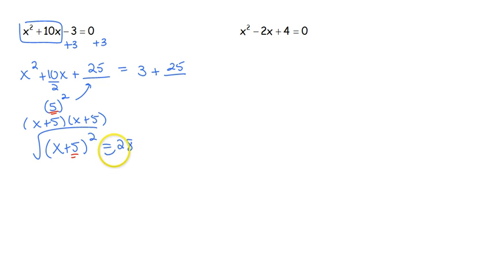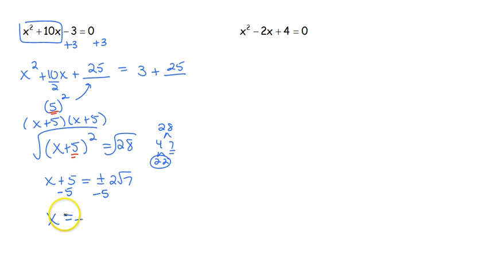Alright, so let's solve for x. We square root each side. Break down 28, 4 and 7, 2 and 2. So we've got x plus 5 is equal to plus or minus 2 root 7. Make sure we don't make any mistakes that time. Move the 5 over, and we've got x is equal to a negative 5 plus or minus 2 root 7. And I want you to go ahead and leave your answers in exact form. Don't round. Okay, we have one more left to do, so I want you to go ahead and press pause